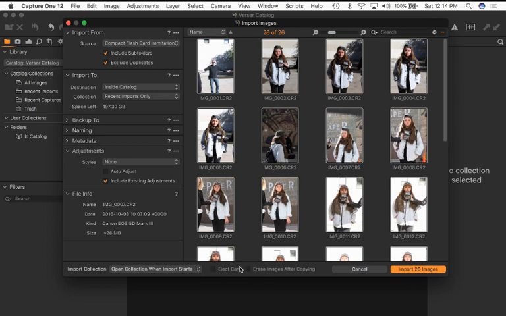However, the last thing down here that we need to talk about is this. Eject card. This is an important one, and I would enable this because the advantage of it is if you are working as a digital tech frantically importing images. So imagine, I have a really good friend of mine. She was a digital tech for Lollapalooza. They had 15 photographers shooting at Lollapalooza,